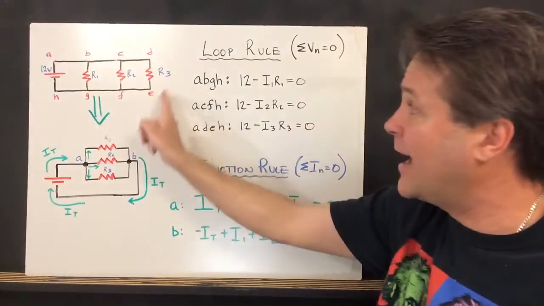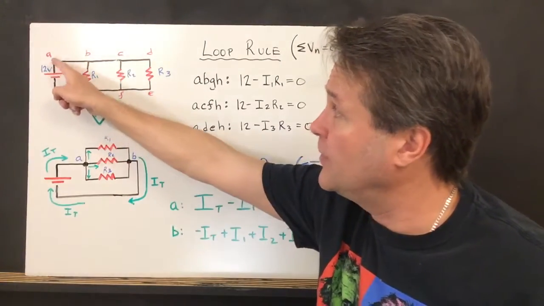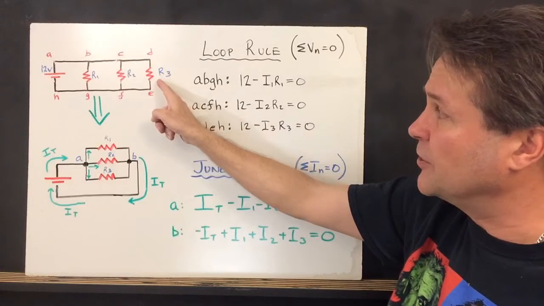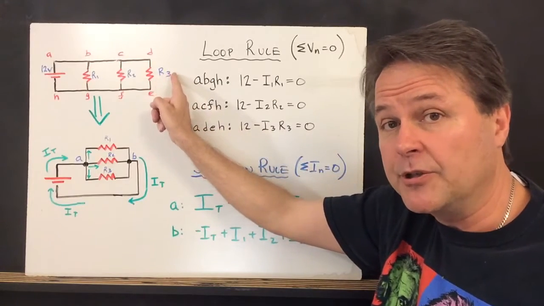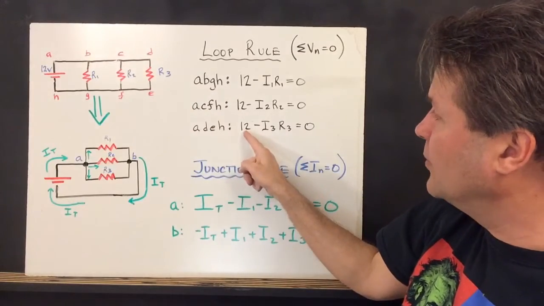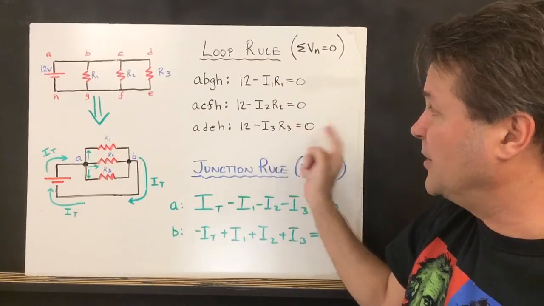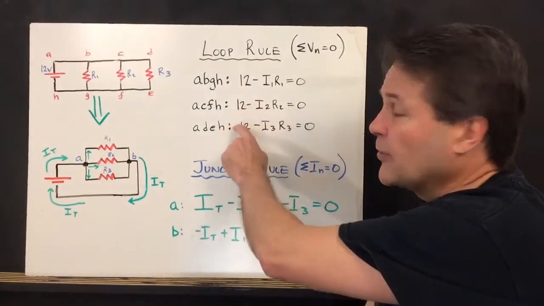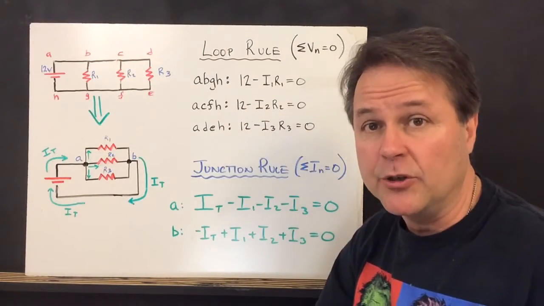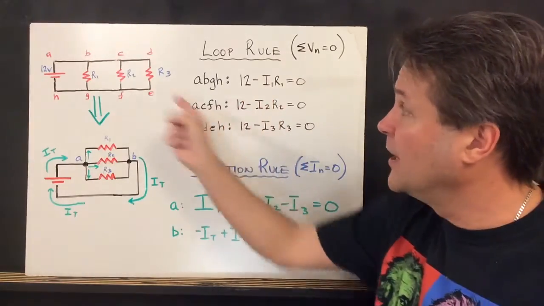And the last loop would be ADEH. In that loop, the voltages have to add up to 0. We start off with 12. We go all the way to the resistor, and that'll be a drop in voltage, V equals IR. So 12 minus the IR for resistor 3 is equal to 0. So those are the 3 loop equations that we can use in order to later calculate the currents moving through